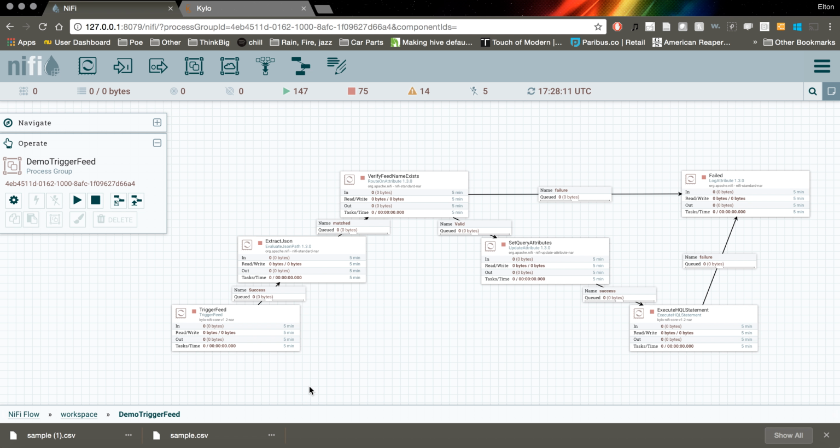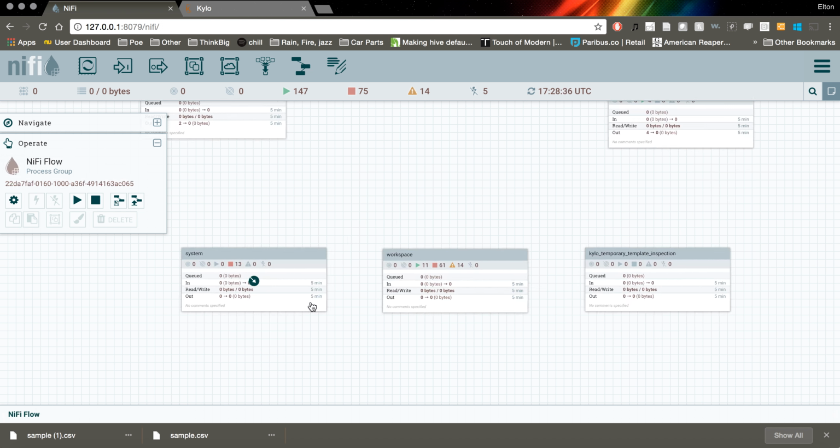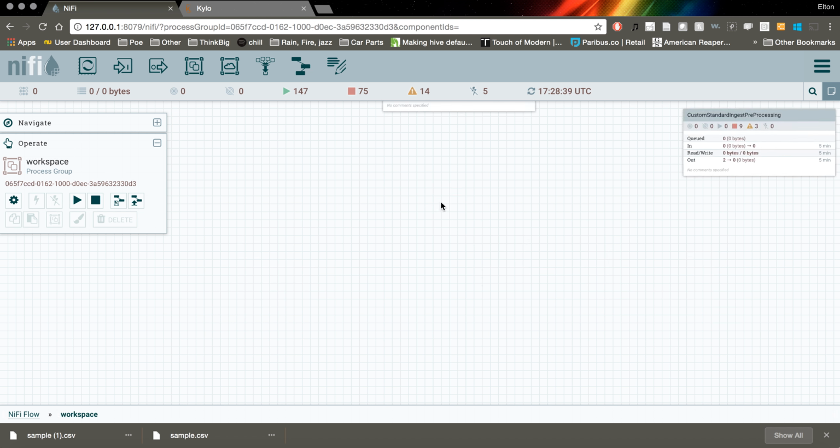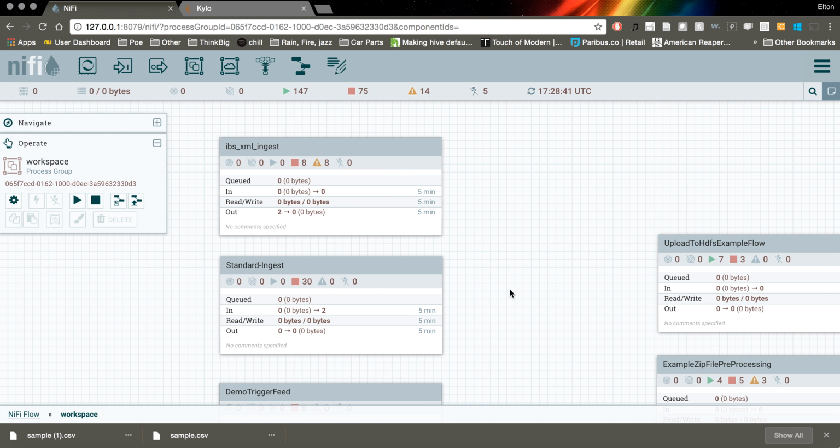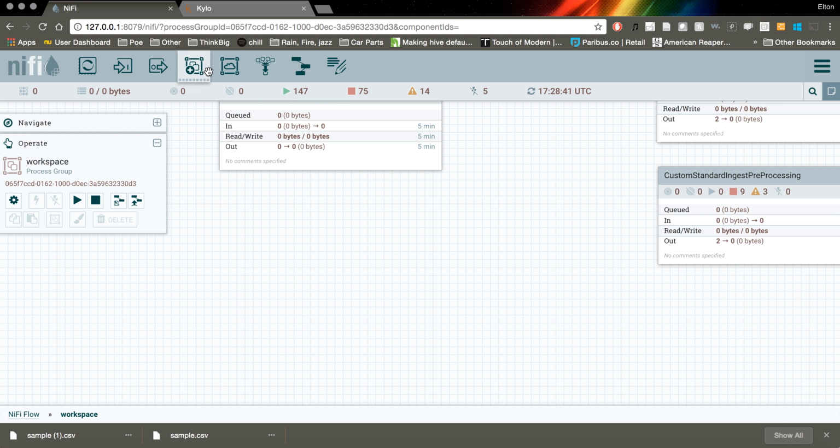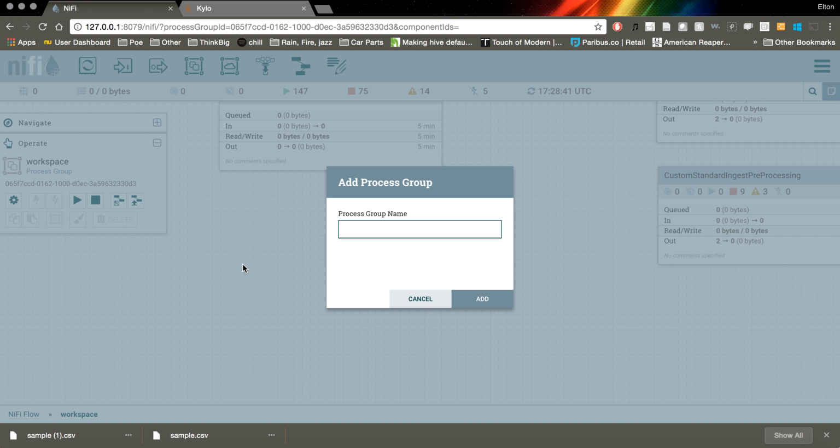So this tutorial is actually also going to cover how to make changes to standard ingest and push those changes to Kylo. So let's go ahead and go down to NiFi flow and go into workspace. And now here we're going to create a new processor group in our workspace called standard ingest